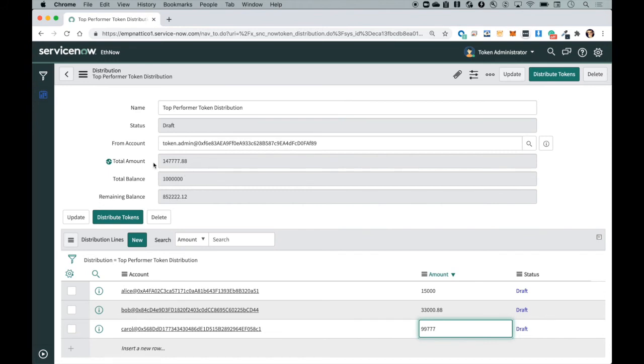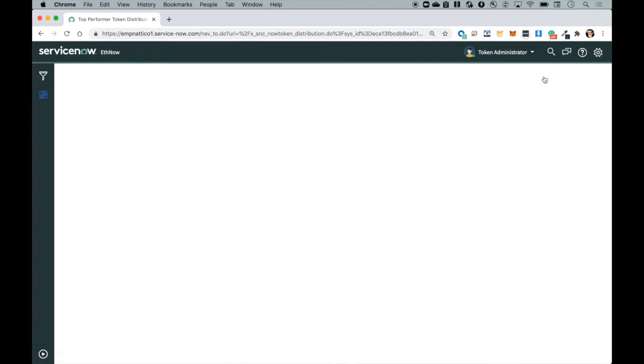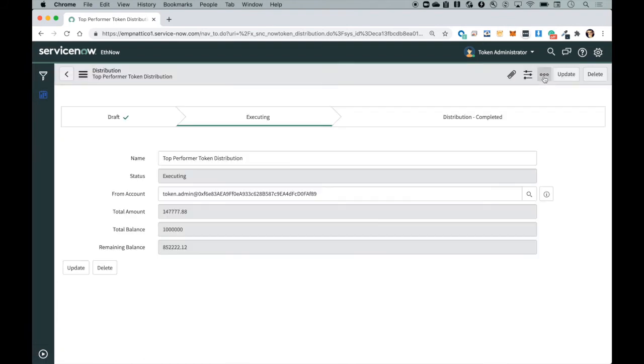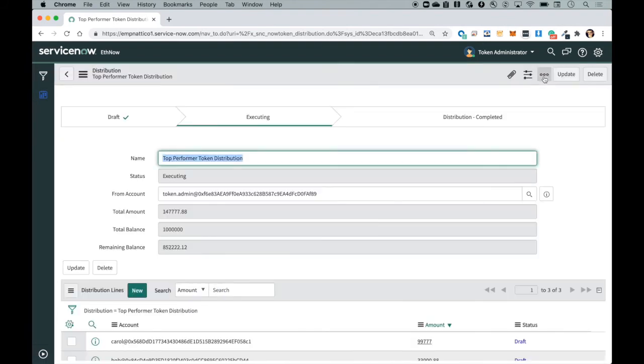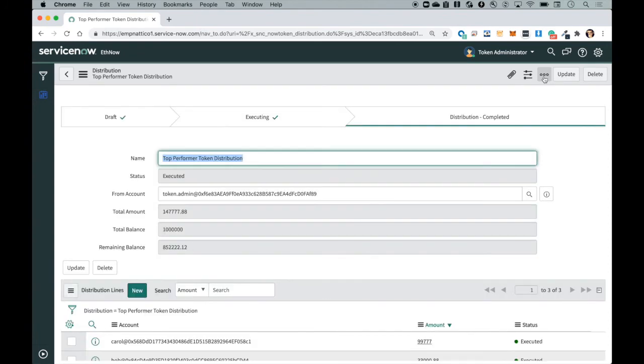I've calculated the total amount and what is remaining in the token admin balance. When I want to start executing this token distribution, I can do so by clicking the UI action, distribute tokens. Now the distribution is completed successfully.